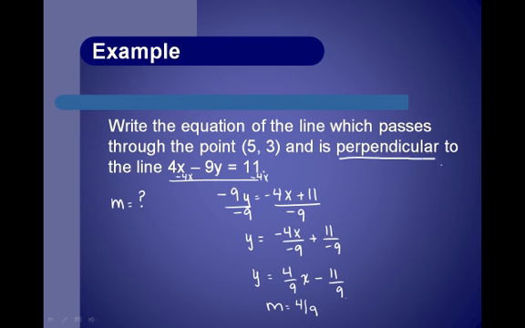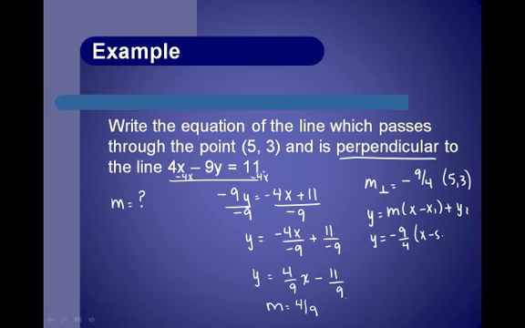Because we're looking for a perpendicular slope, we are going to use the slope of negative 9 over 4, and we're going to use the point that they gave us, which was 5, 3. So we get y equals the slope times x minus the x value plus the y value. Substituting our values in, we get negative 9/4 times x minus 5 plus 3, which gives us negative 9 over 4x. We've got a negative 9/4 times a negative 5, which is going to give us a positive 45 over